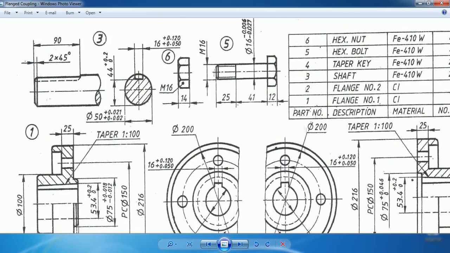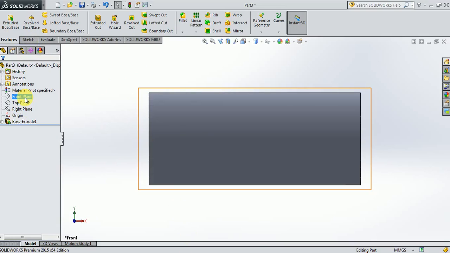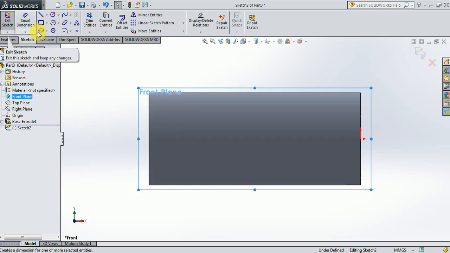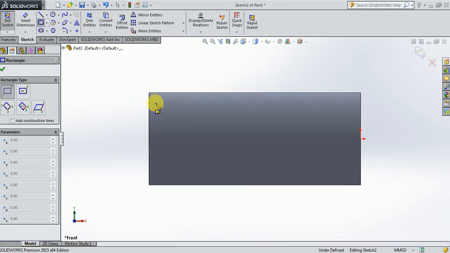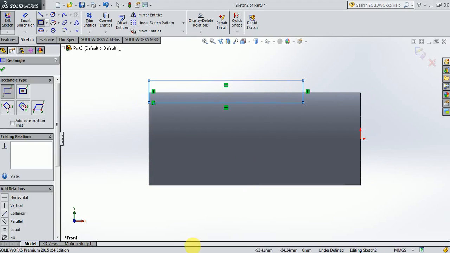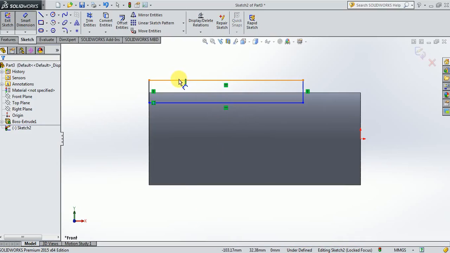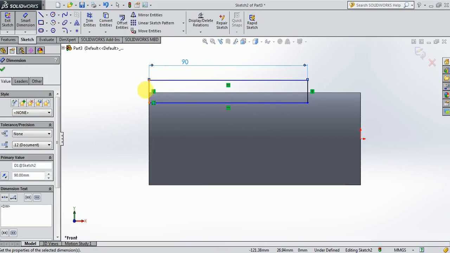Since this is going to be my front view, I will select the front plane and create the sketch on the front plane here, and then I will select the rectangle command. Starting from somewhere here, I am going to construct one rectangle like this. By constructing that rectangle, I am now going to give the length of this rectangle as 90 mm, and the height,